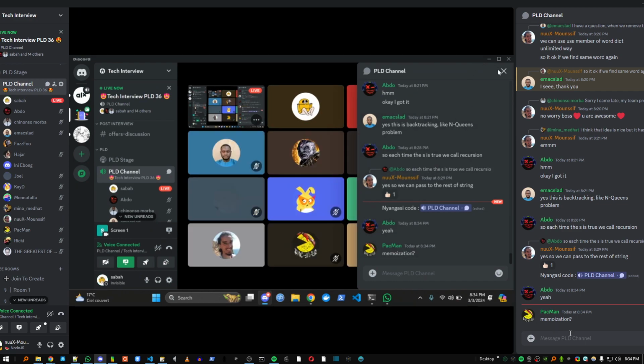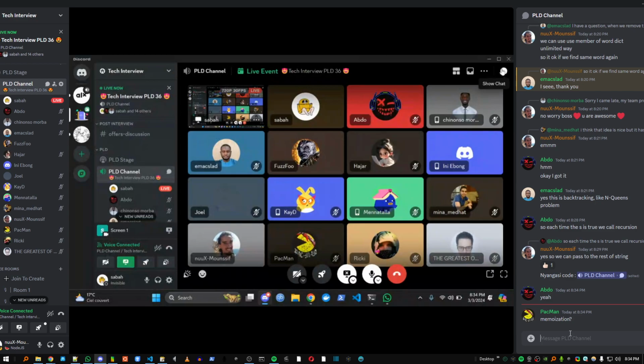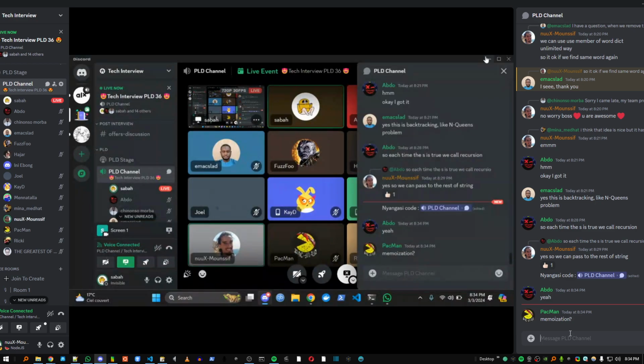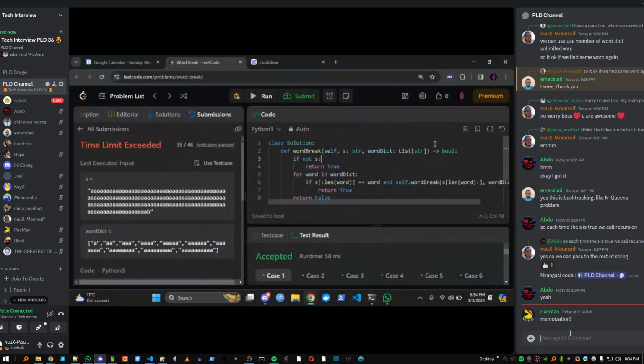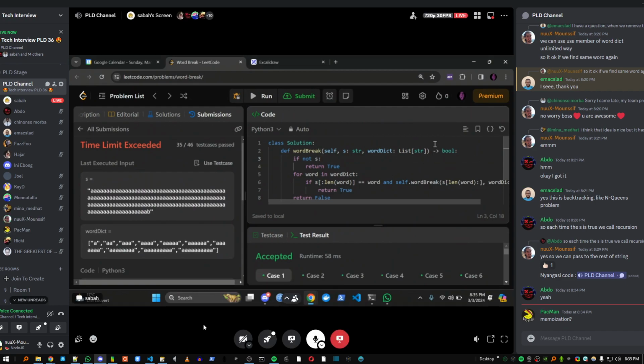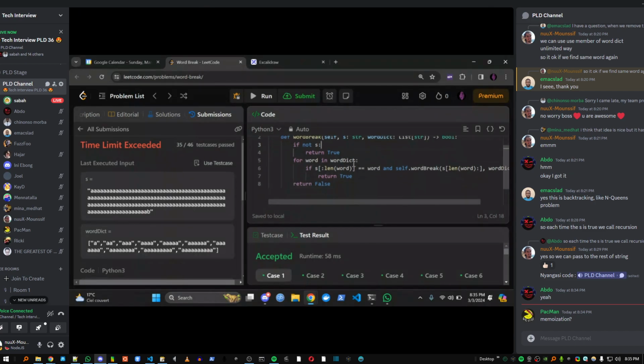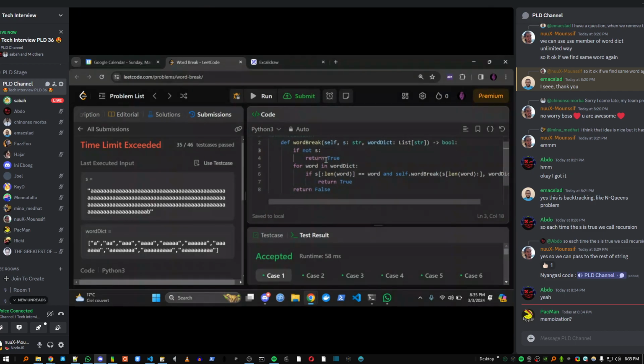Tree? Yeah, there's also a possible solution. But can we tweak this algorithm, this one? I think Victor said memoization. So I think that will work. That should work, yes. We have a dictionary that has,